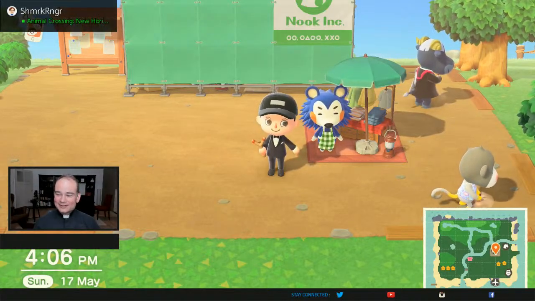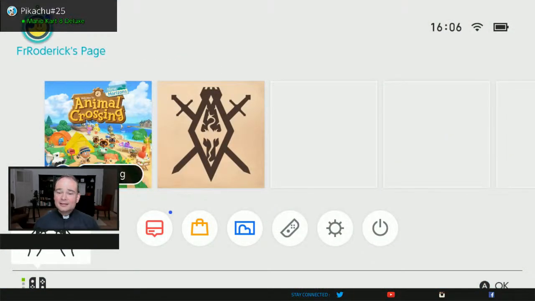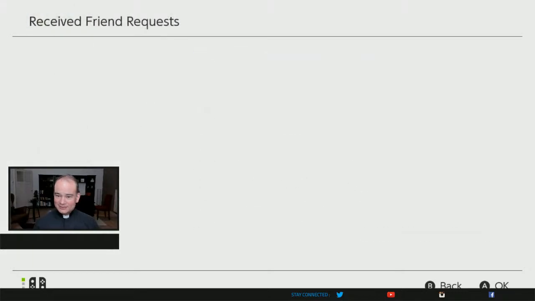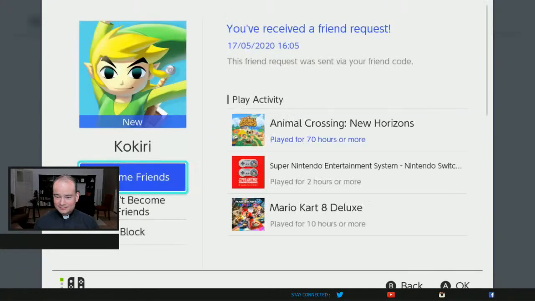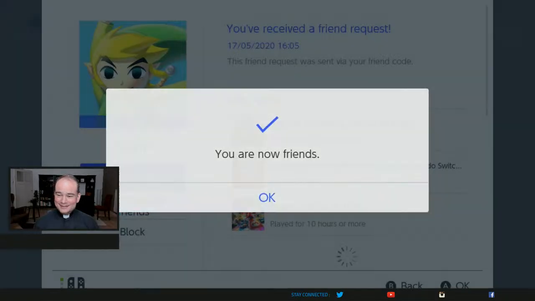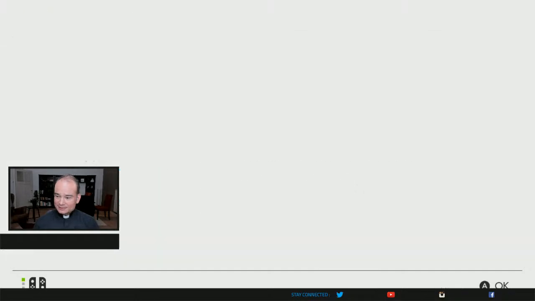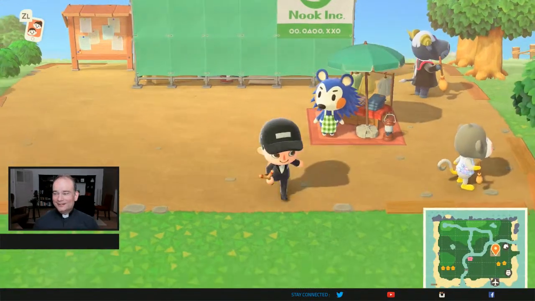So I got another friend request. So let's quickly go there and add another friend. There we go. This is Kokiri. And now Kokiri can also visit. So let's continue our tour of the island. And then we'll open the gates to our...